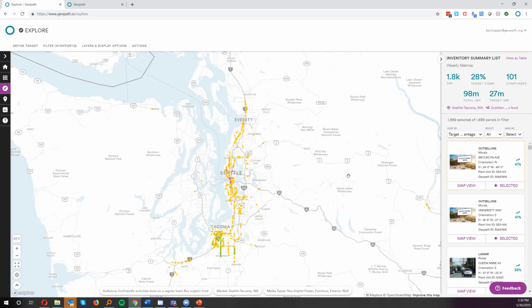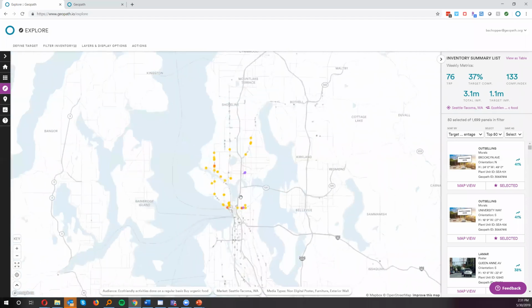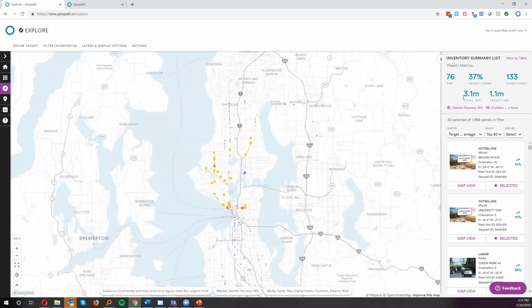Yeah, that's exactly right. And so in the spirit of sorting like that, like Scott mentioned, we can do the top 50. Let's do top 50 for target comp percentage. So I just did that with these drop downs right here, and you can see this eliminated a lot of the units in the market. So let's take a look at these units here. Clustered pretty heavily right in this central Seattle area. And again, these are the top 50 based on target comp percentage for reaching